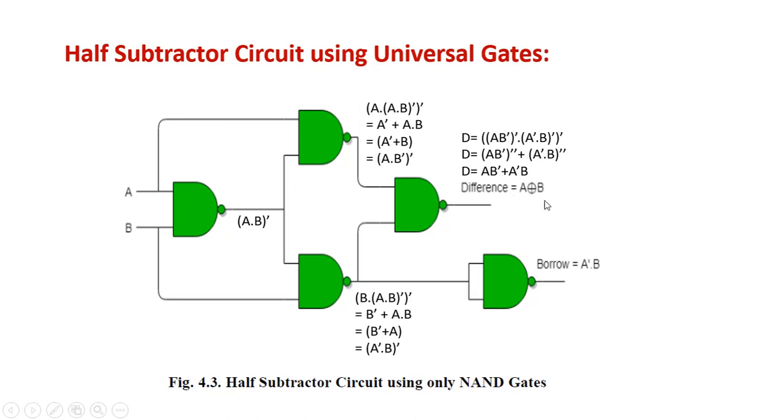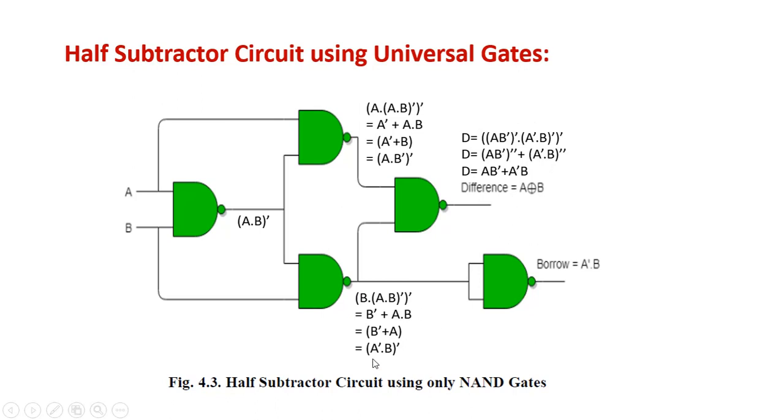So the difference is A XOR B. This much circuit is for XOR. You can see here we will get A dot B bar here. Then here we will get A dot B bar whole bar, and it will reduce to this. We will open it using De Morgan's theorem, then use the distribution theorem. A bar or A will be equal to 1 only, so we are left with A bar or B. Similarly we will reduce here, and using these two, after this NAND gate we will get A B bar or A bar B. So we will get this difference as A XOR B.